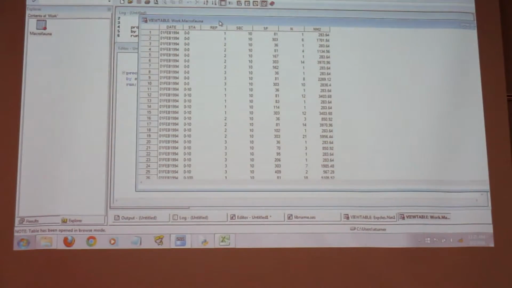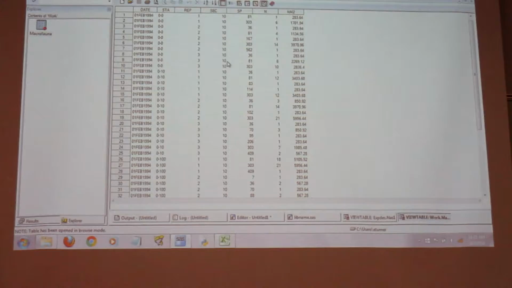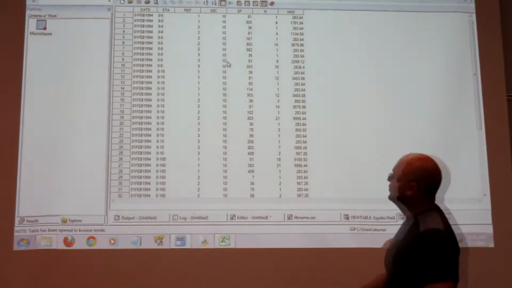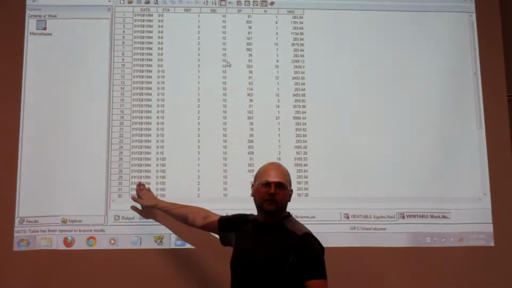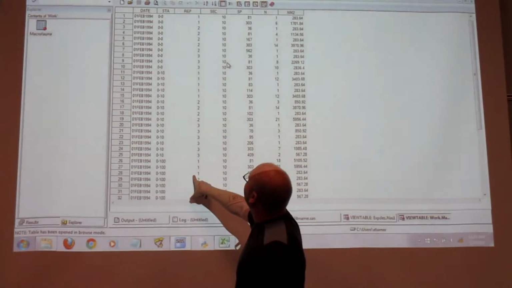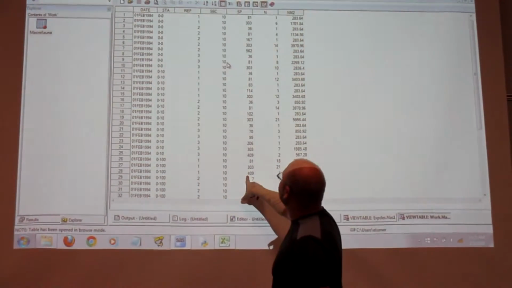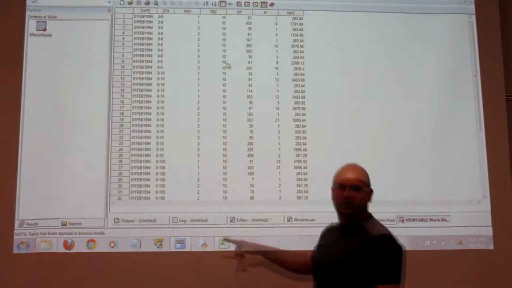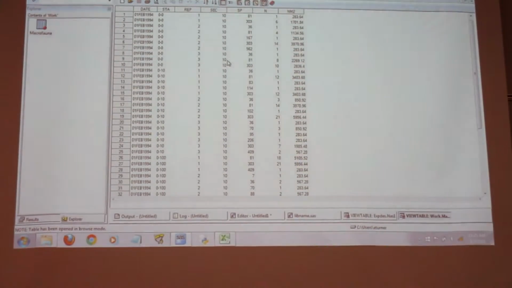Okay, so now we should be sorted. Date doesn't count, it's just one. So it should be sorted by station, rep, and then species. Does it look like it's sorted like that now?